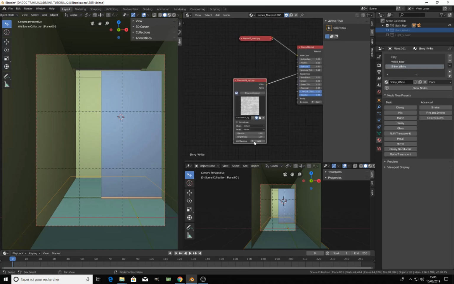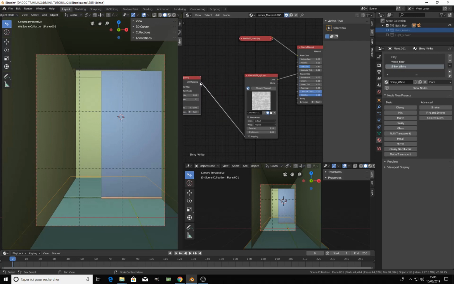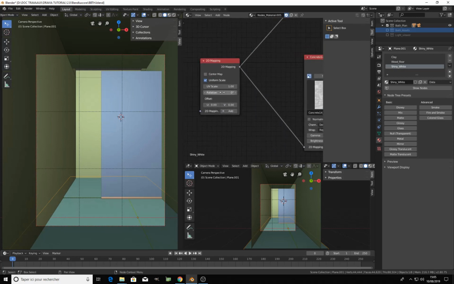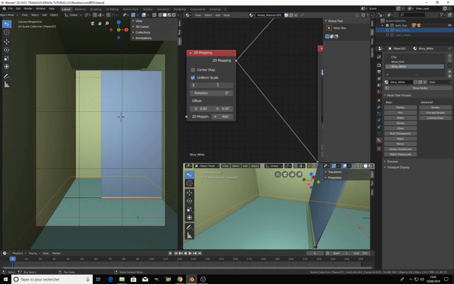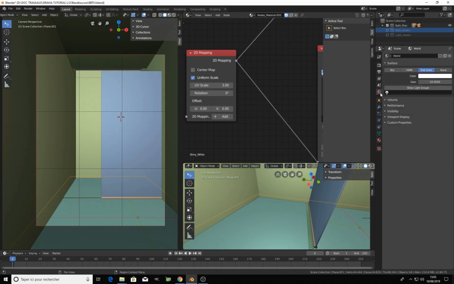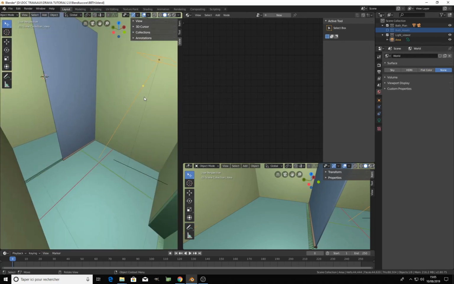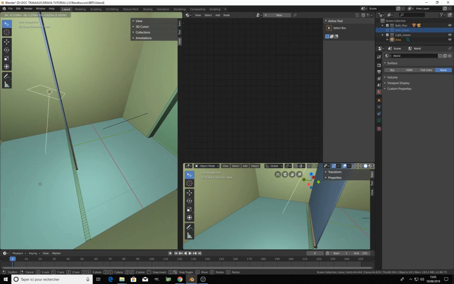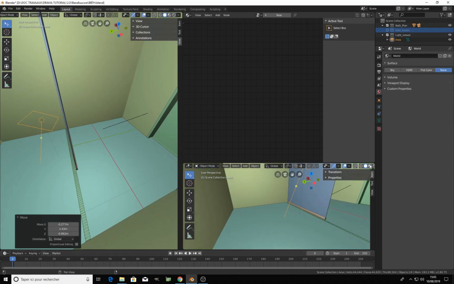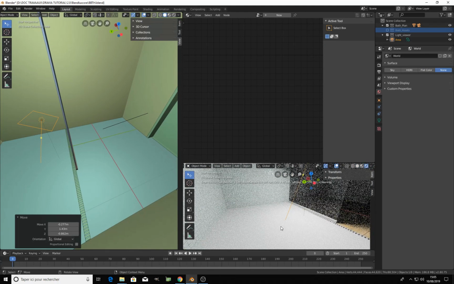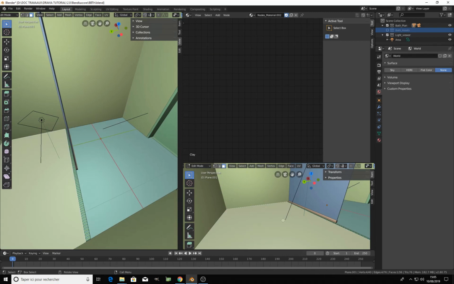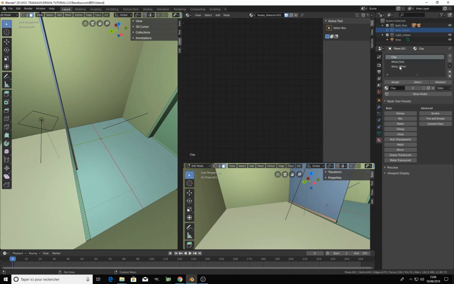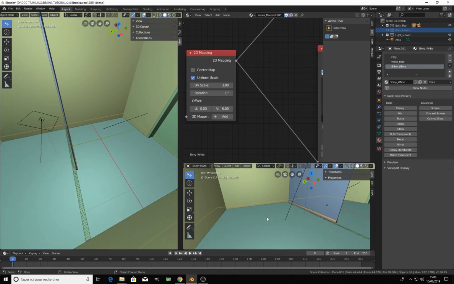Okay, for version 2.1 we add a mapping node and set it to something like 3, and come to the world panel, set to none, and activate the light view. Okay, our light is visible, so now we can move it to this area and look for what is happening here. Okay, it is clay again. So how to change this? You just have to select the surface, go to the material node, select shiny and assign, switch back, and